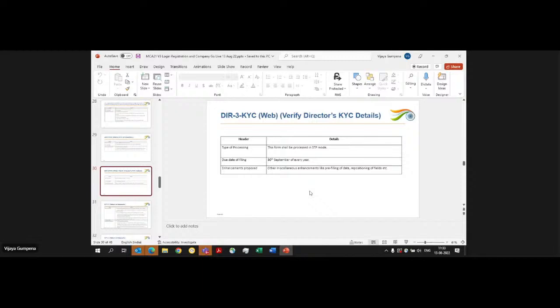So that is the reason why we have relaxed this condition that only business users can file this form. Business users also can file this form, but registered users also can file these forms. And one more enhancement in terms of the ease of filing in terms of KYC or web is basically